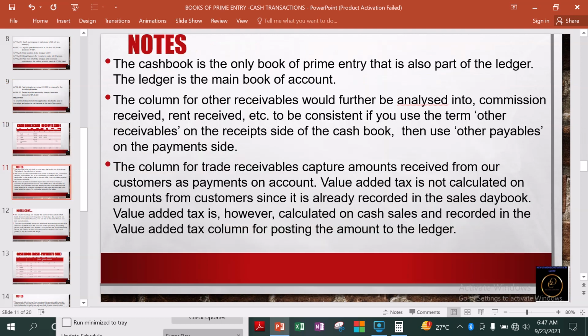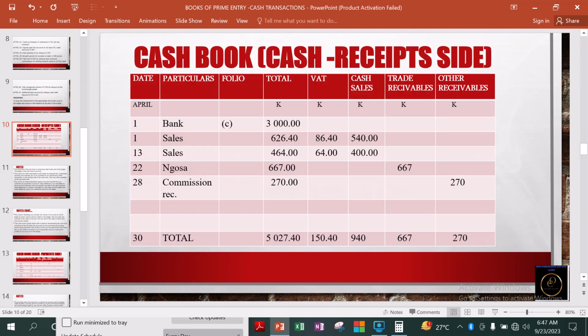Okay, receipt side. So Ngosa is here. He brought in 667. So that was what was paid. Okay. Then we look at